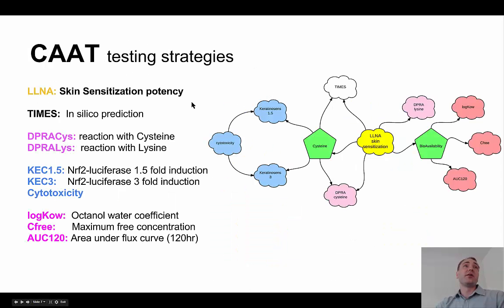So in my second project at the Center for Alternatives to Animal Testing, we were doing skin sensitization potency. The local lymph node murine assay is a surrogate assay for skin sensitization. It's an assay used in animals. Essentially, you put a little bit of your chemical on an animal ear, and you see whether or not they develop tumors. From an animal care perspective, it's not such a nice test to be doing, and so it would be great if we could figure out some in vitro assays to take the